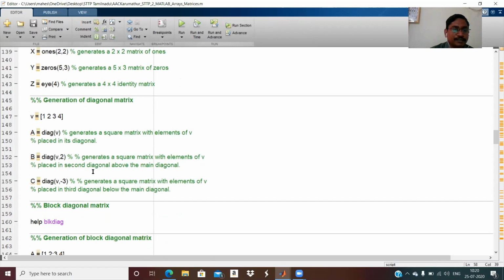Generation of diagonal matrix. Now I will explain only this. V is there, 1 2 3 4, having 4 elements in the array, and I want its diagonal. It generates a square matrix of order 4 by 4. First look at the number of elements here, or we'll run this.